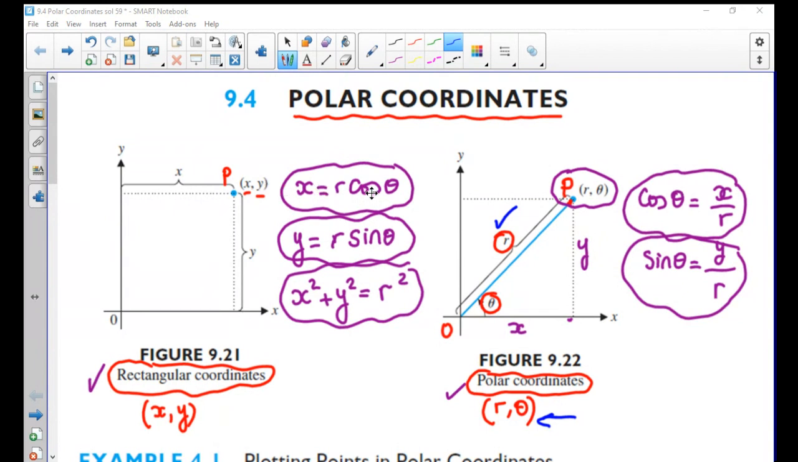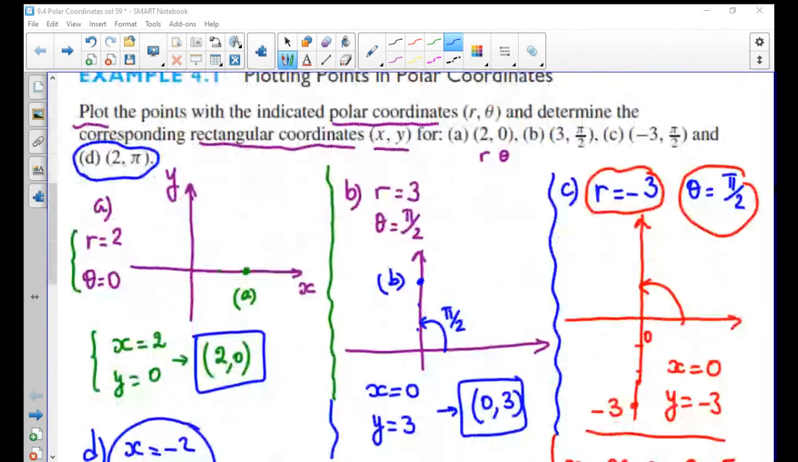x is always r cosine theta, y is always r sine theta, and x squared plus y squared is equal to r squared. And I mentioned that r can be positive, it can also be negative. There are situations where r could be a negative number, for example, like here, r equals -3,